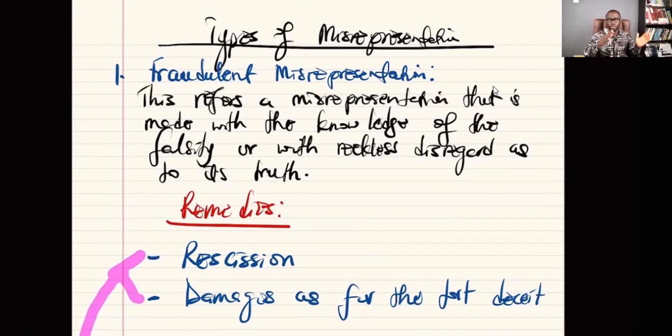So my example of Casapreco and somebody coming from Casapreco is an example of what? Fraudulent misrepresentation. Because the person came and knew that the statement he or she was making was a lie, but he makes it anyway and lies to you. Remember, the key thing about misrepresentation is that it should cause the other party to enter into the contract. If it doesn't cause the other party to enter into the contract, that cannot be a misrepresentation. But we said there is a remedy available.